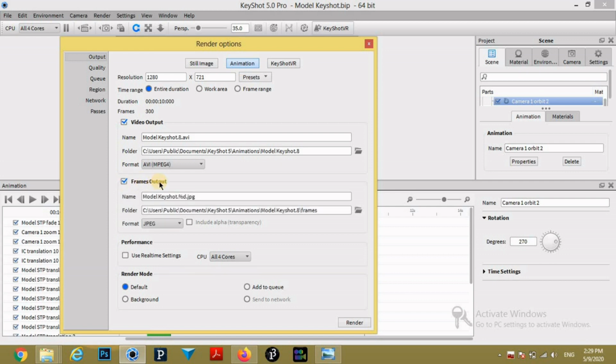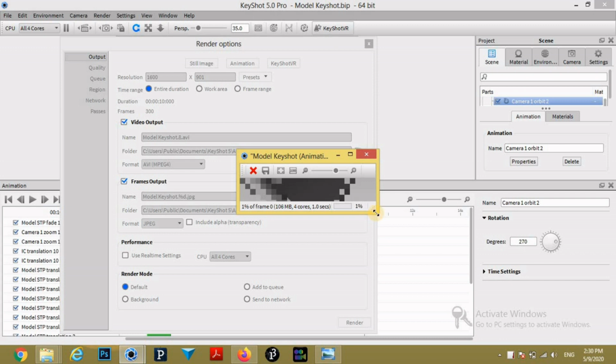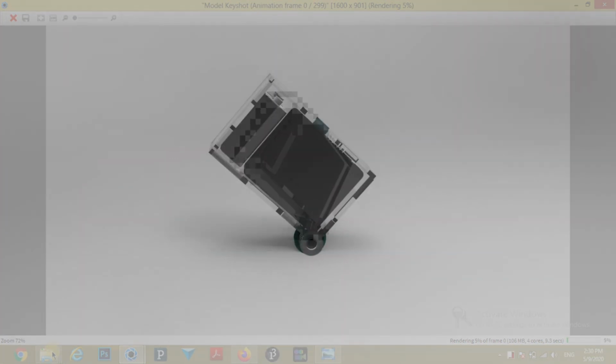Then select frame output, because if software suddenly crashes, then we can make video using these frames. Select all four cores, then default, then select render. Now rendering has started. It will take nearly 5 hours for rendering video of 10 seconds.